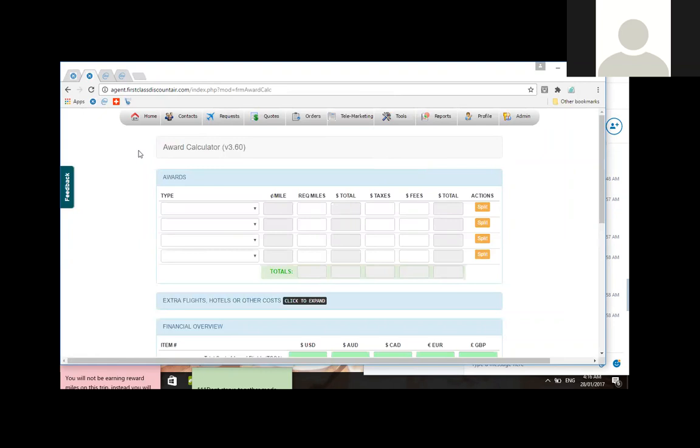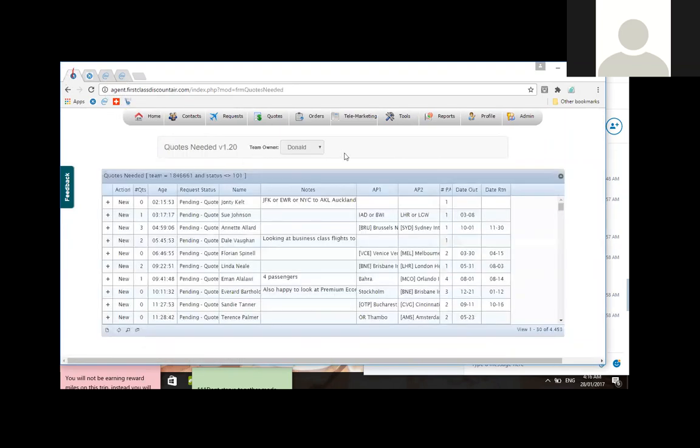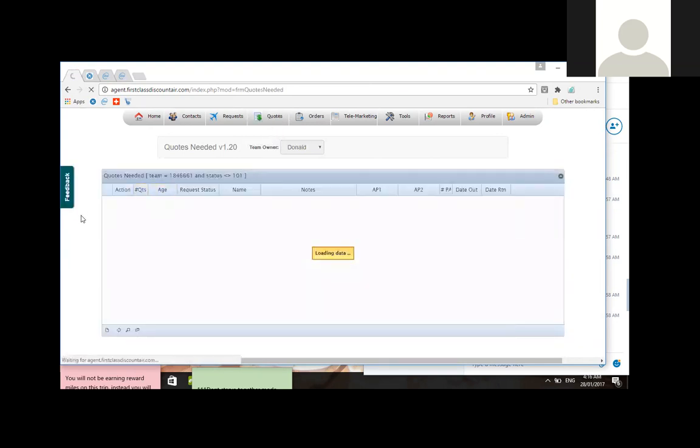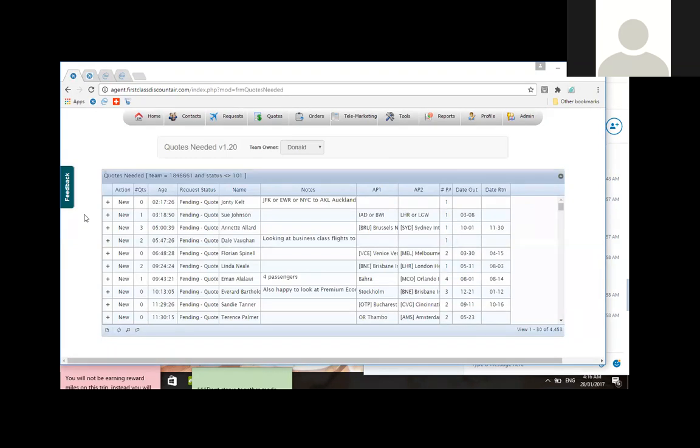Okay, and then the other tabs to the right of that are whatever you want to use, as your preferences. Okay, so first we're going to go to the one on the far left and get a quote to work on. And so you go to quotes and then quotes needed at the top, and then you'll get this list of quotes needed. Okay, and you just start at the top and work with the ones that are most likely to have the airline you're specializing in. The next thing we need to do, I recommend, is that we get the shortcut tool